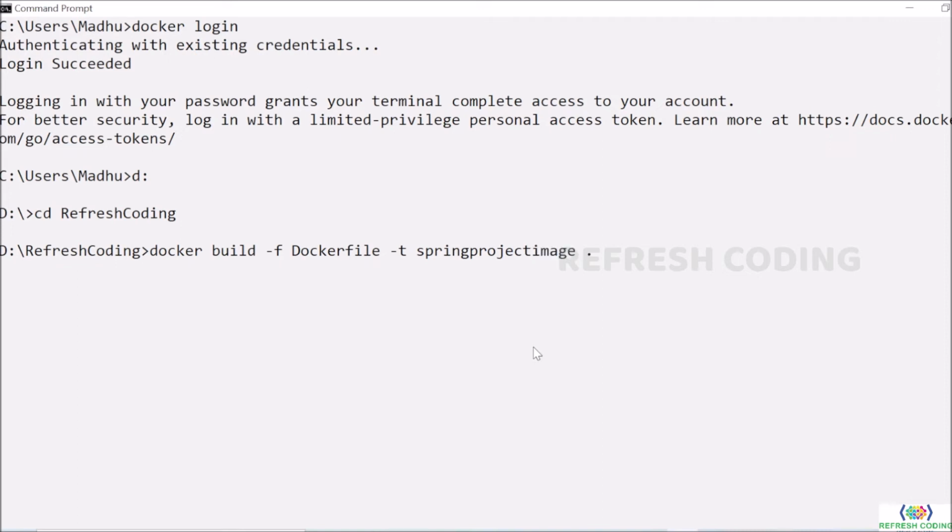image. Okay, and here if you can see one dot is there, so this dot is not for decoration purpose. This dot means that we are working with the same directory, like my Docker file and my jar file are in the same directory. That's why this dot is there. Otherwise we will have to give the path to this Docker file location. So don't miss this dot, otherwise it will not create your image. After that we will press enter, and it will take some time to create your image. So you'll have to wait.